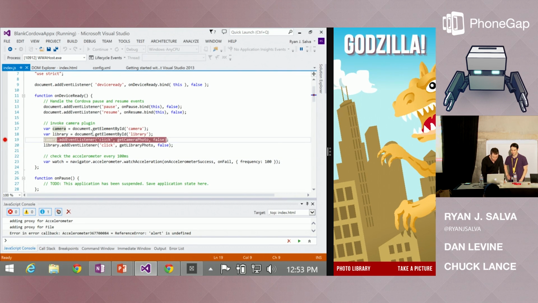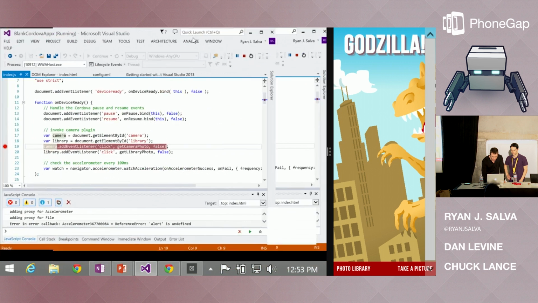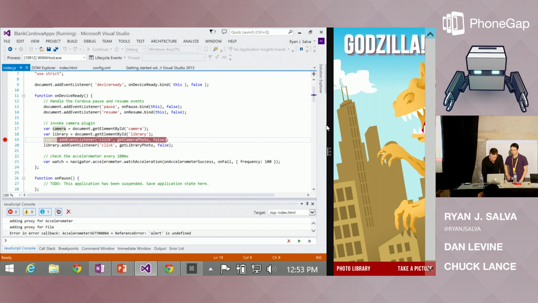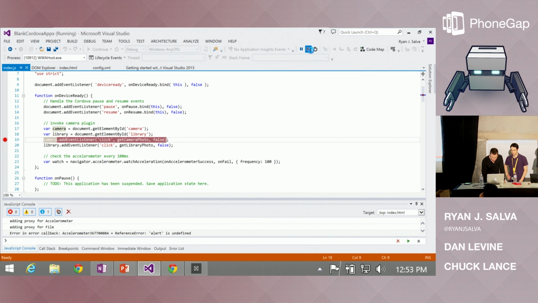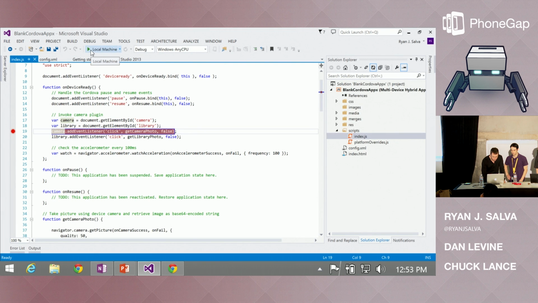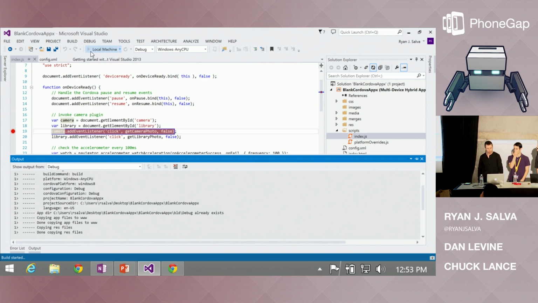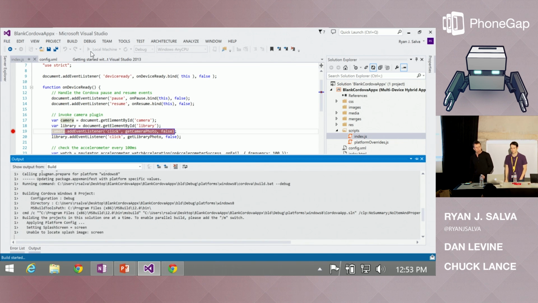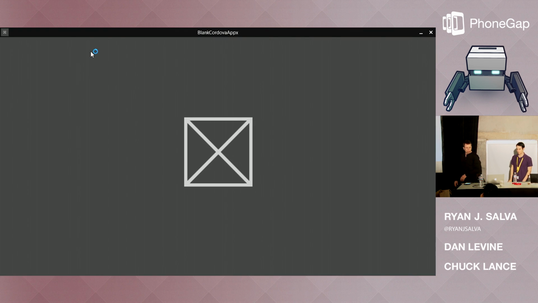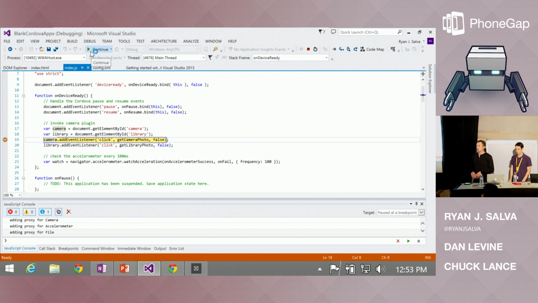All right, we'll set one in device ready here, and then I'm going to do a window reload. Let's close this guy down. Stop it. Deploy to local. And here, right away, I get a breakpoint. And from here, one of the nice things is I can do all the normal things you'd expect out of an IDE, where you're able to set breakpoints and inspect the value of objects at runtime.